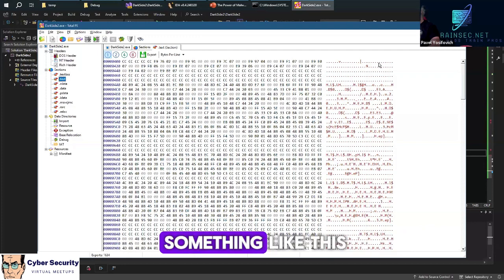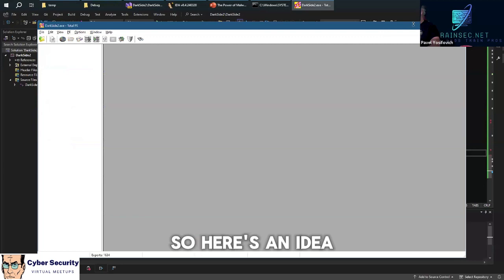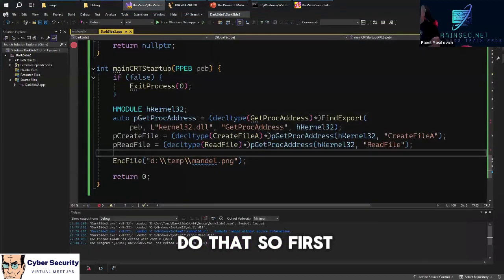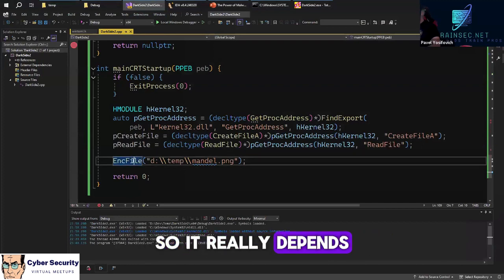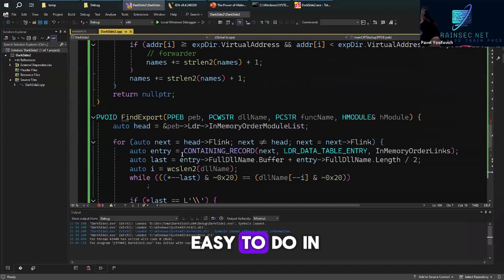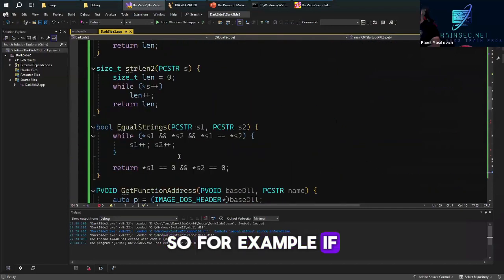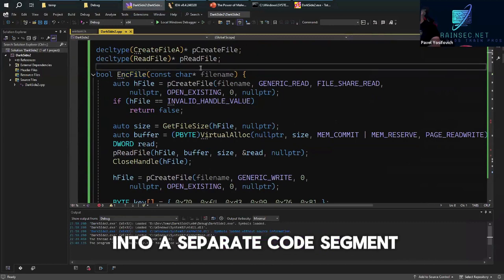So can we do something like this? And the answer is, of course, we can do that. So here's an idea of how we can do that. First, let's say I have this function. It really depends on what I want to put inside a separate section, but this is very easy to do in Visual Studio. So for example, if I want to put my function that encrypts a file into a